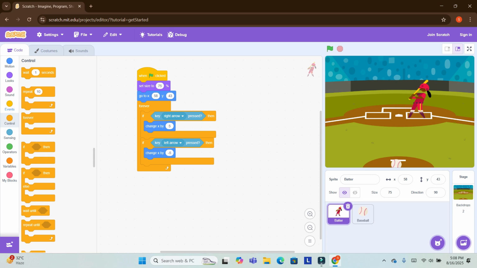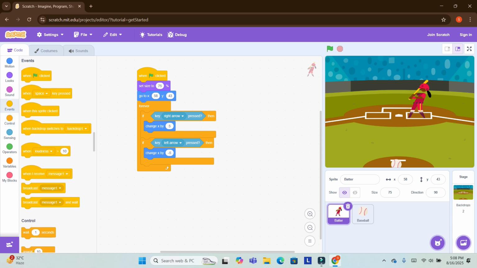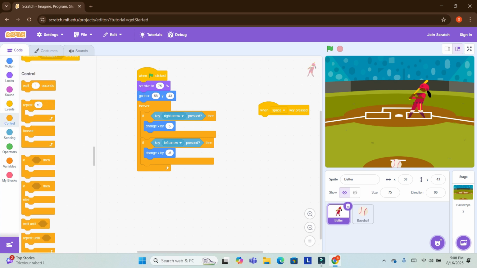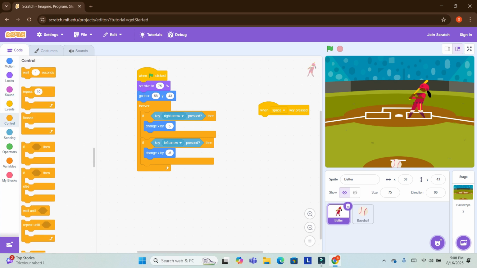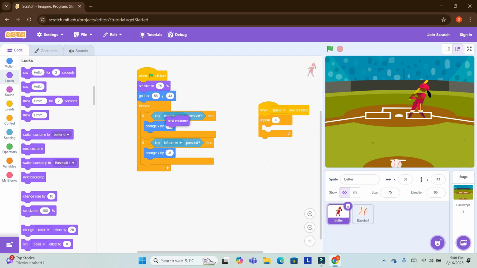So now we will go to the Events block. We will select when space key pressed and we go to Control. Select the repeat block. Now we have to go to Looks.